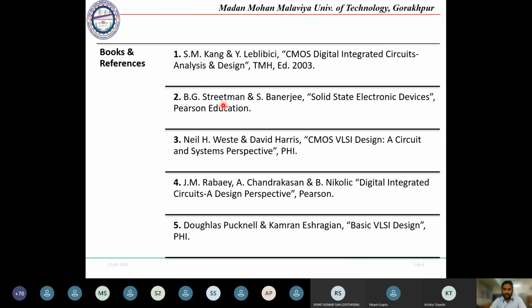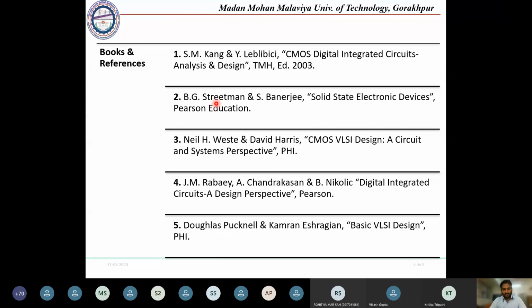Streetman is only for the first unit. In the first unit, we will be going through a basic overview of the basic transistor, CMOS transistor, NMOS transistor, PMOS transistors. So what is the basic functioning of CMOS transistors? For that you can refer to Streetman and Banerjee, it will be helpful.